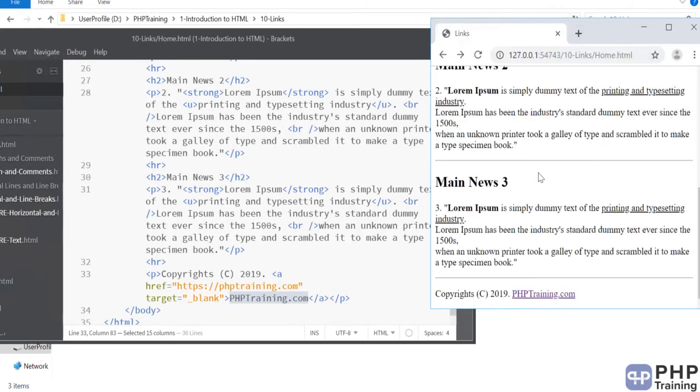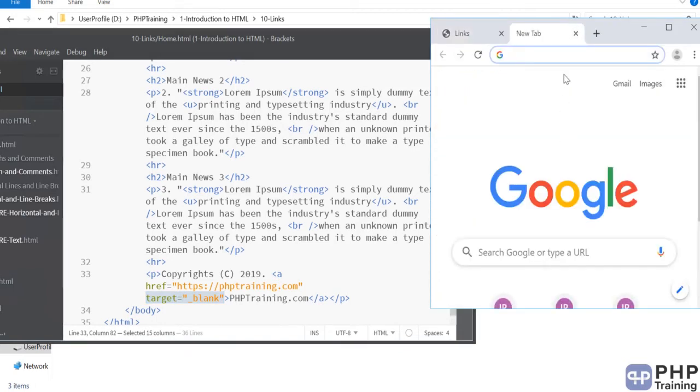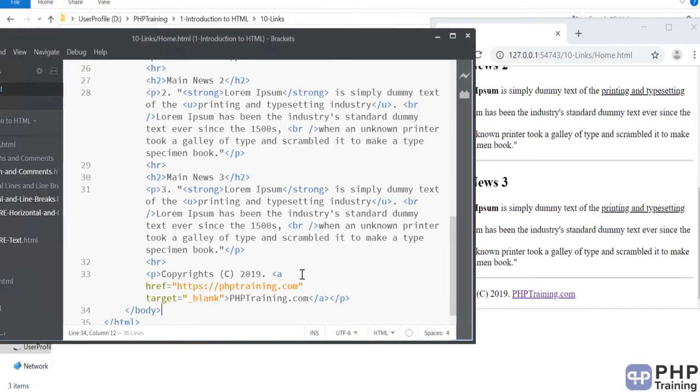Alright, so this is how you can add a link to your page, and then when someone clicks it, you say underscore blank, so that the target is not this page, the target is a new blank page. That's what you're trying to tell via the anchor tag: open up a new page and open this link in that new page. That's what the target underscore blank means.